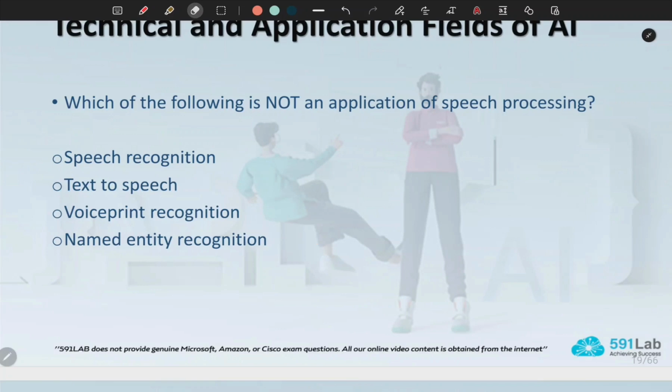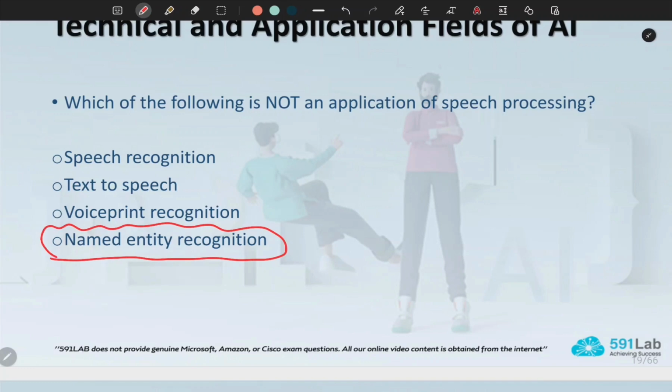So speech recognition is an application of speech processing, and text-to-speech is also an application of speech processing. Voice print recognition is also an application of speech processing. The only one here that is not an application of speech processing is named entity recognition.